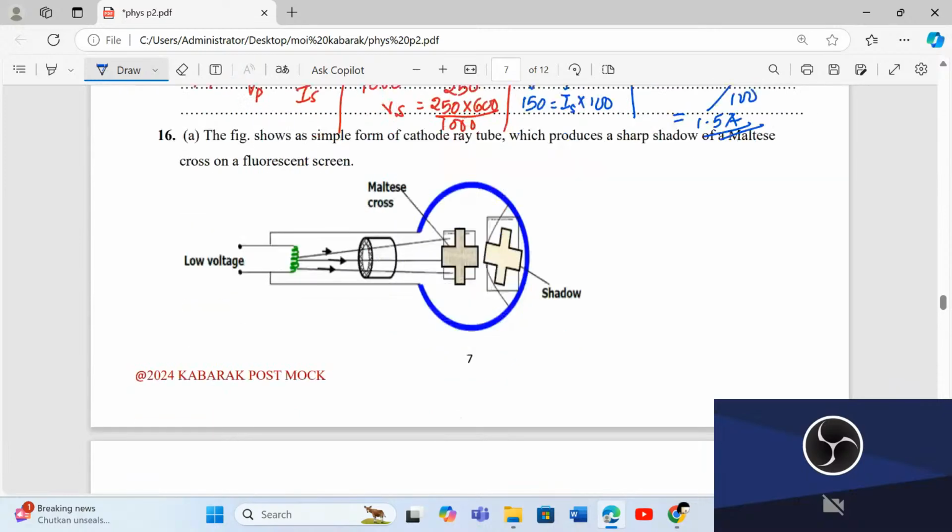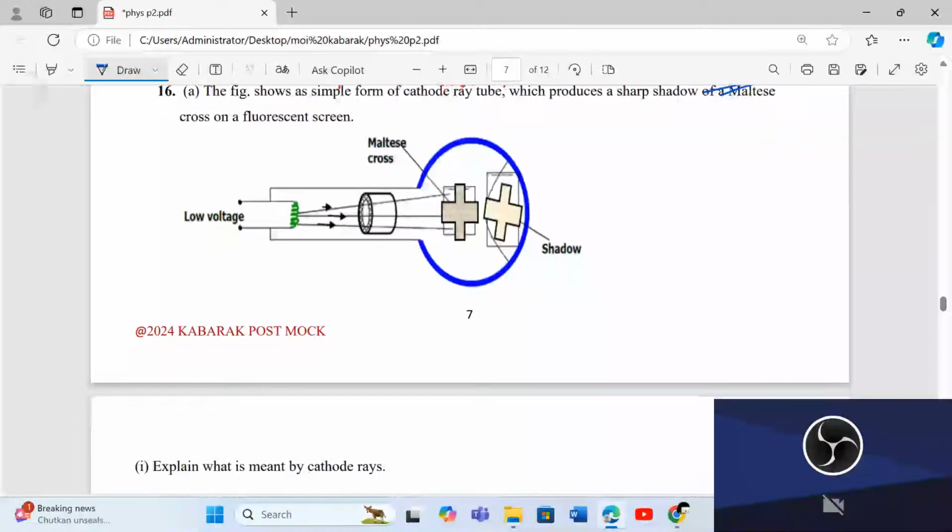The figure below shows a simple form of cathode ray tube. It uses a sharp shadow of a T-shaped cross on a fluorescent screen. Then you are asked, what is meant by cathode rays? You all know that this is just a stream of electrons or a beam of electrons. Therefore, we can define it as